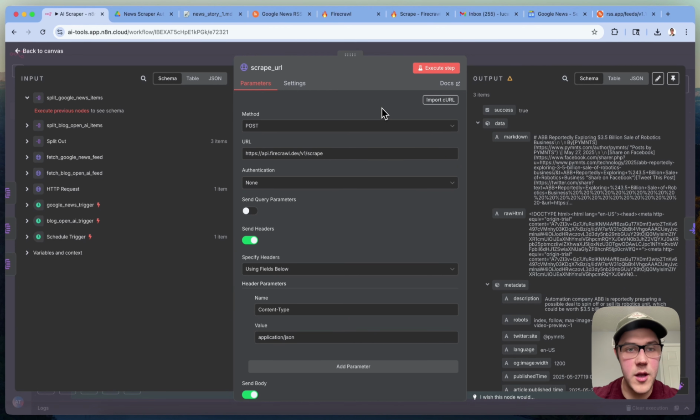So the last thing that I want to cover here with the HTTP request node and making calls to the Firecrawl API is going to be setting up authentication. This is something that will be required when you're trying to work with the Firecrawl API. If you don't do this, you're going to get 401 errors appearing all over the place. So let's go ahead and set this up from scratch so you guys can do this on any workflows